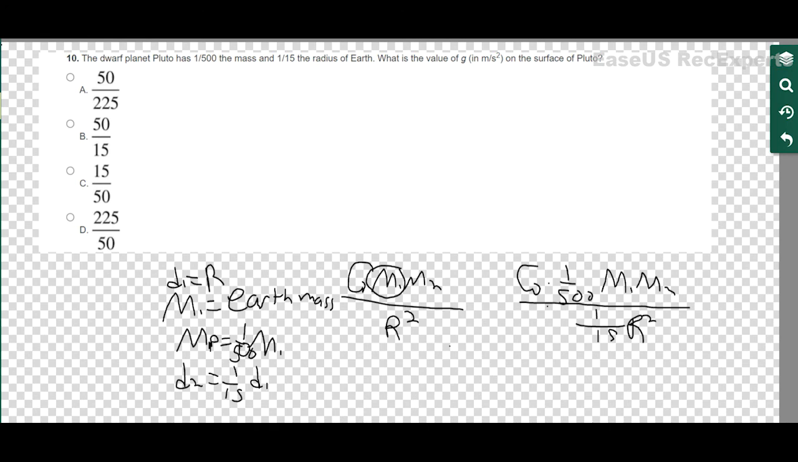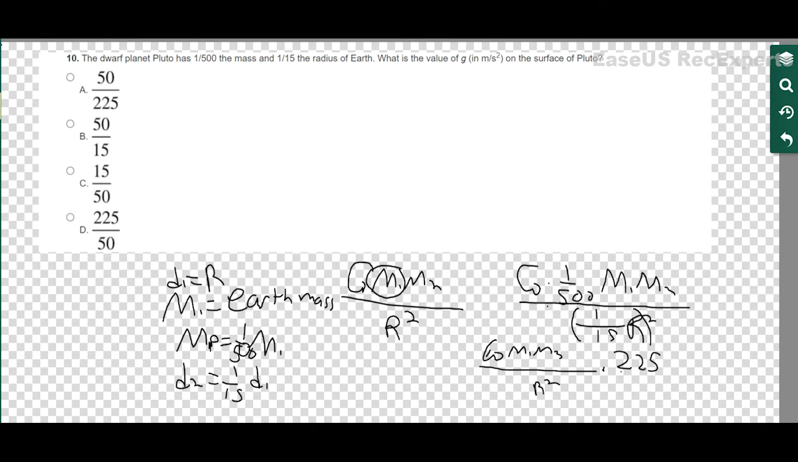So we get, on this side, G m1 m2 over r squared. Now we have to multiply this by, oh sorry, this is supposed to be 1 over 15 r squared, right? Because 1 over 15 r is supposed to be our distance to, or d2, and we want to square that entire portion. So we would get